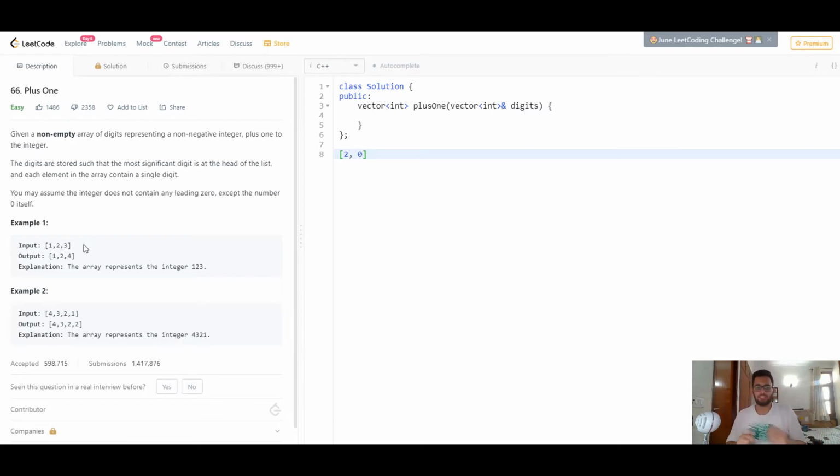But another situation comes up when you only have one element in the array, and that one element is 9. If you try adding 1 to it, it will result in 10.